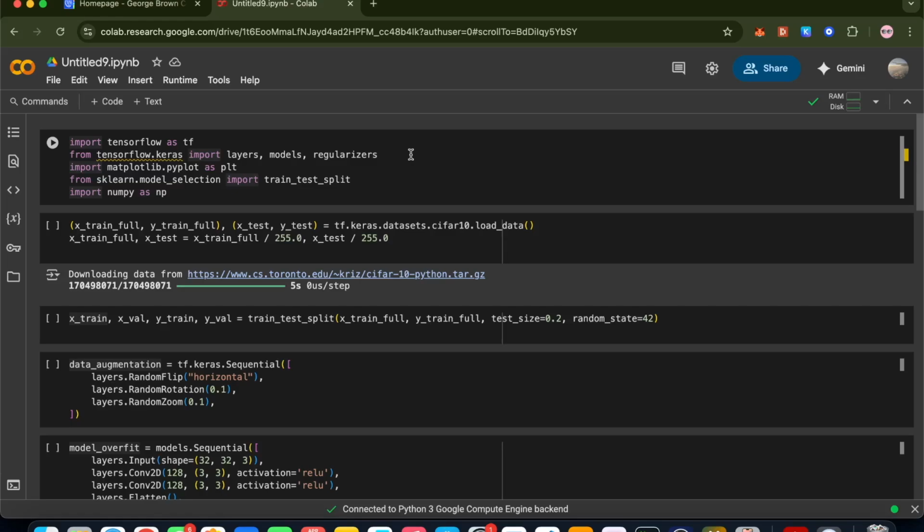So the first thing I did was import all the libraries I need for this project. I started with TensorFlow, which is a really popular deep learning framework. I'm specifically using the Keras API, TensorFlow, to build and train my models. And for splitting my data into training and test sets, I use train test split. And finally I imported NumPy,